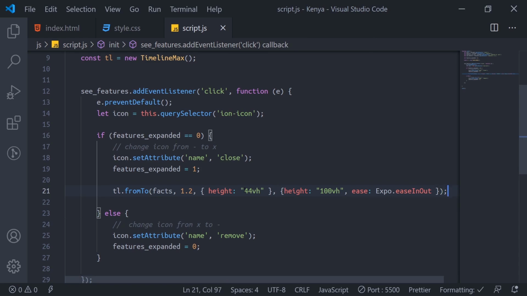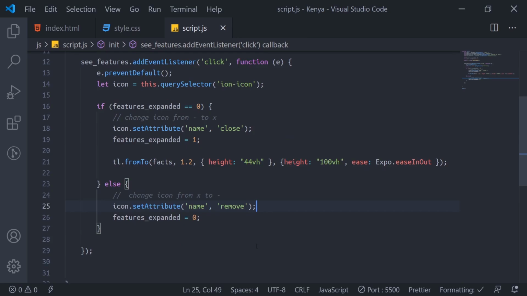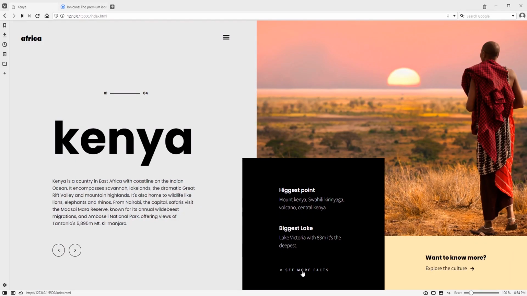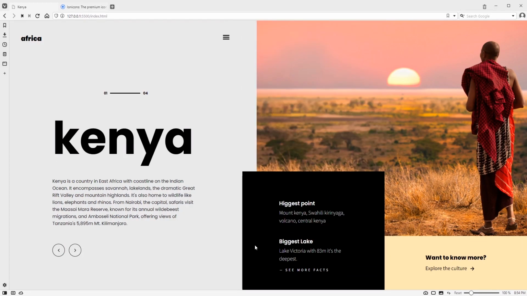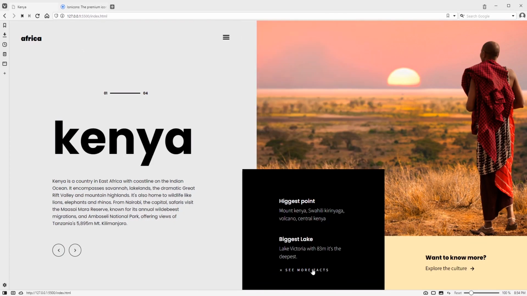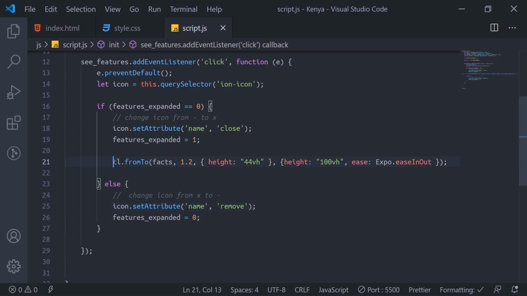Okay, so once we do it like this, we'll test it. Click, you see how it goes up. What happened here is we declared the timeline max, then we animate these facts and set the time to animate.